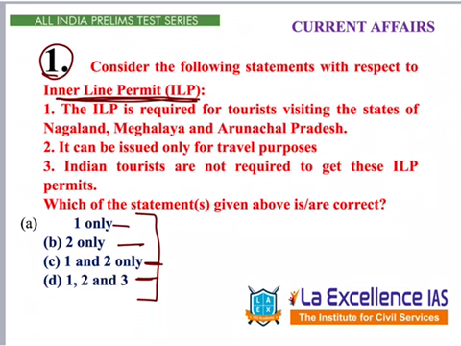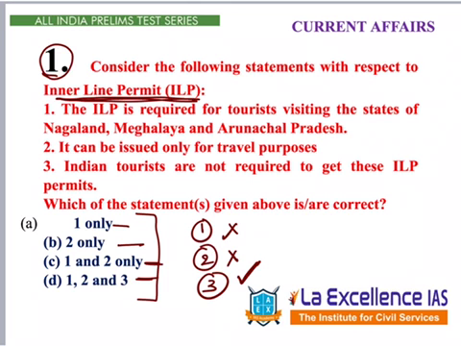Or, if we surely know whether 3 is correct or not, if 3 is correct, the answer would be D only. We need not read 1 and 2. So, let's go through the options. This is how we eliminate. In elimination, if we know 1 is incorrect, we can get the answer directly. Or if we know 2 is incorrect, we can get the answer. Or if we know 3 is the correct option, then also we will get the direct answer.